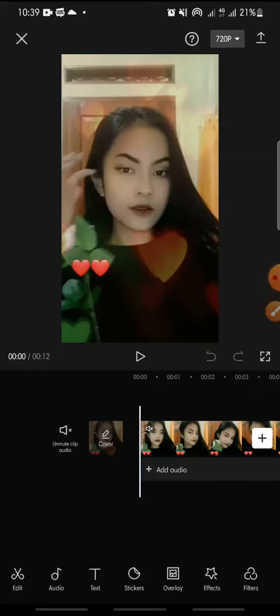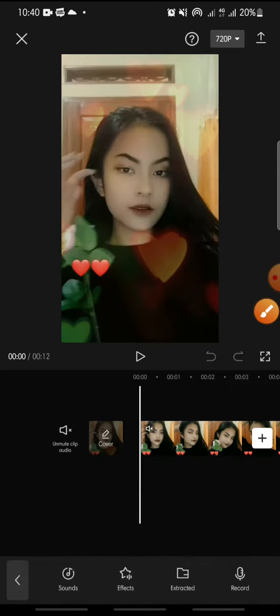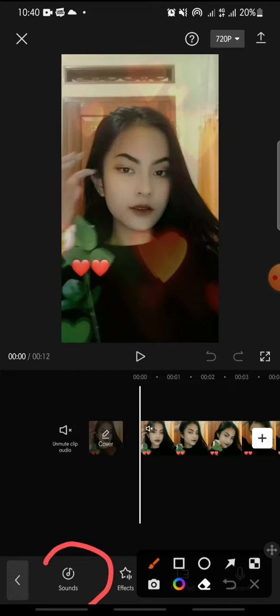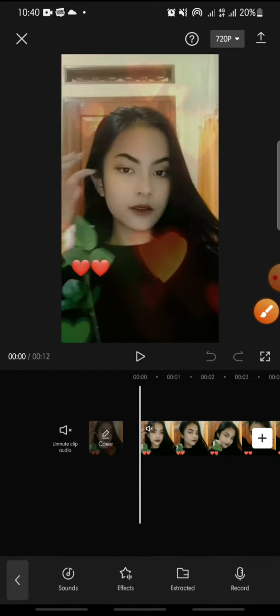In this video, I'm going to show you how to add music on CapCut apps. Now let's get started. First, open your CapCut and add the video that you want to edit. And then after this, if you wanna add a music to CapCut, you just click on the audio at the bottom. Click on it, and then in here you just click on a sound, this one, click on it,